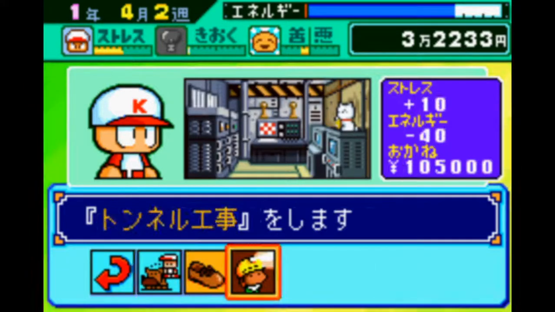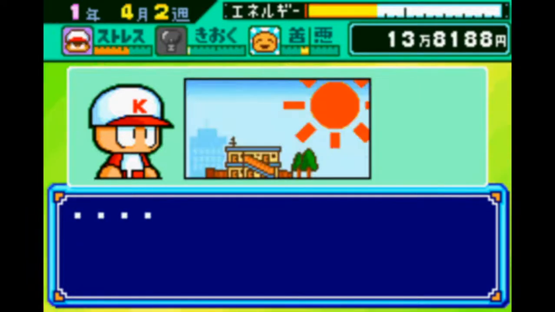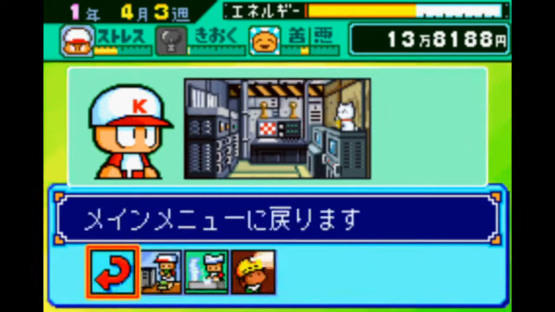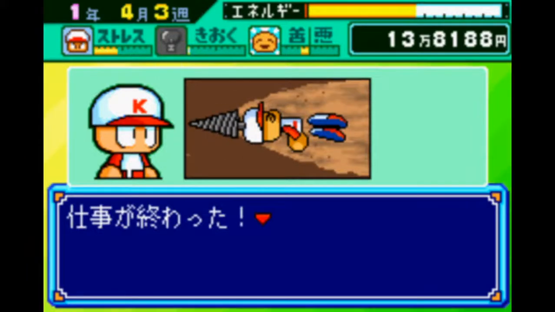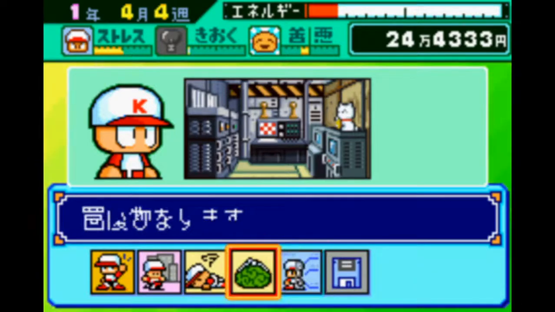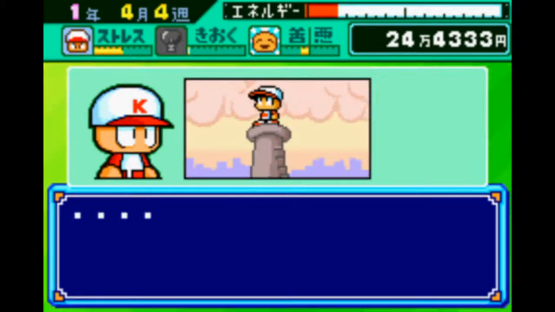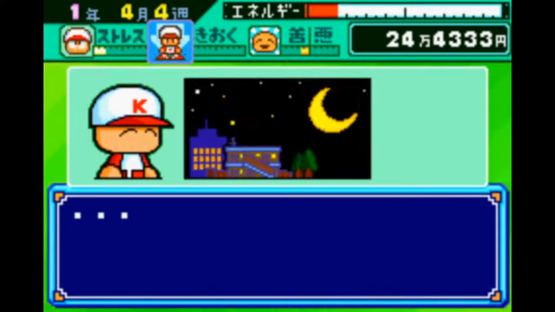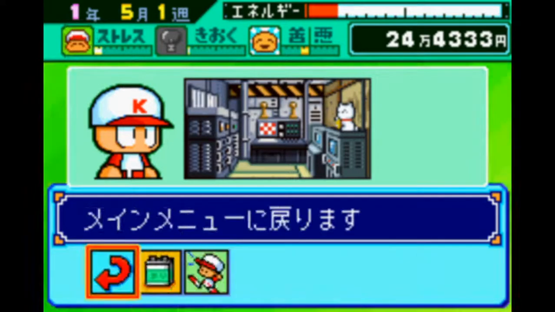Alright, let's get drilling. Thus we're getting 100,000 yen from drilling compared to about 4,000 or 5,000 from the odd job, so this is a pretty big upgrade that adds up very quickly. It's not a surprise that it's one of the more optimal strategies, at least as far as I'm aware. I'm a scrub that can't read Japanese, so...